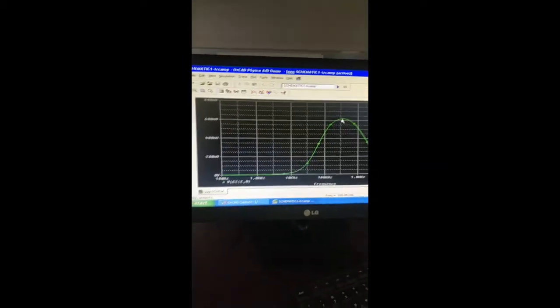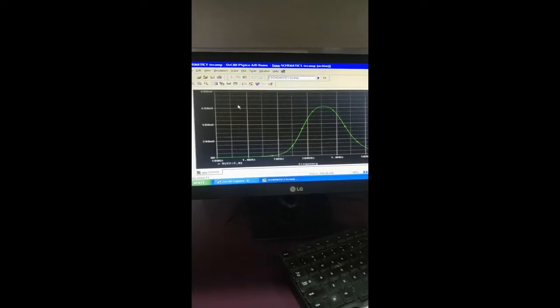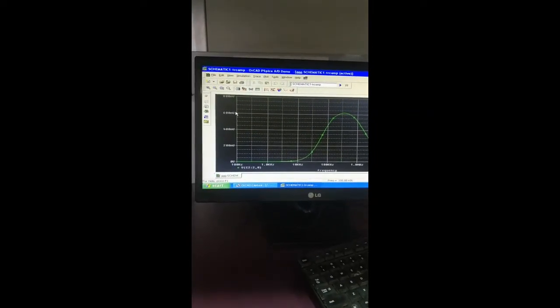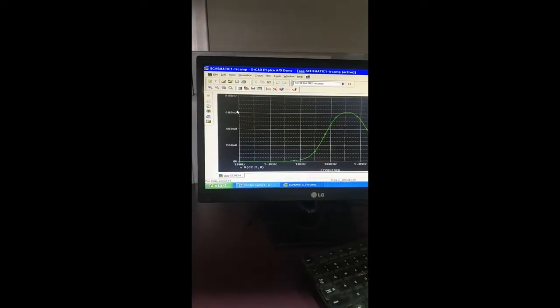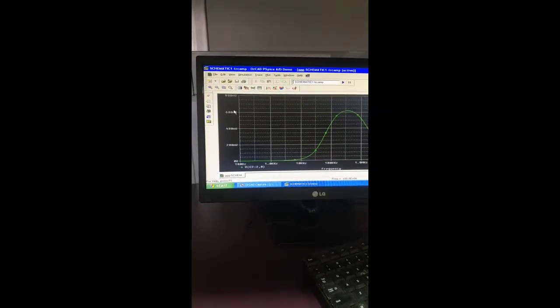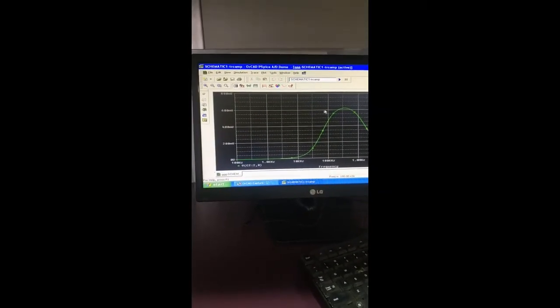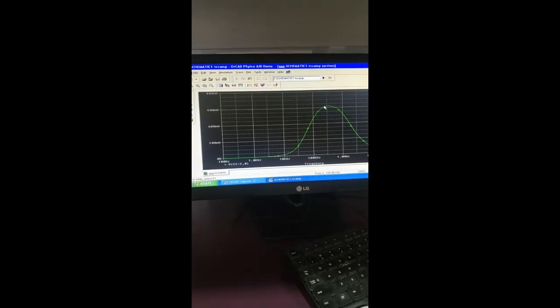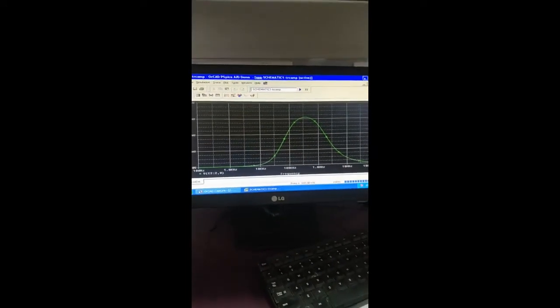Let us observe the maximum value of the output voltage. You can see it is 610 millivolts. Just make a note that at 610 millivolts we get the peak of the output voltage. Then close this window.